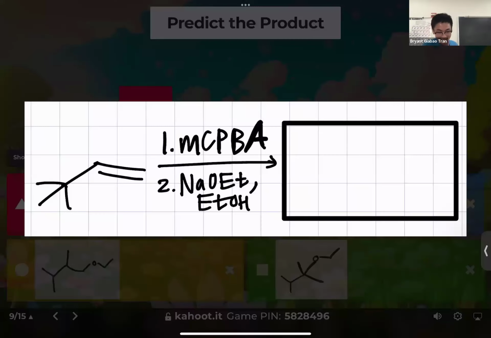Right. So mCPBA with an alkene makes an epoxide. Right? The second step is NaOEt, which is that negative charge base right there. When we have a negative charge, that's basic conditions. And in basic conditions, we attack the less substituted side. So we attack that carbon of the epoxide, break open the ring there, and get